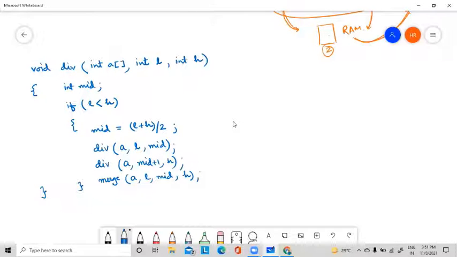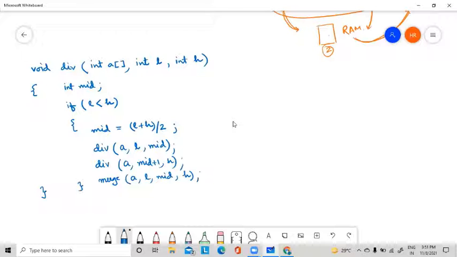The division function is very simple because its purpose is to divide the array into subarrays of almost equal size. You can easily understand that if there is an odd number of elements, then in one subarray there will be one less and in the other subarray one more. If it is an even number of elements, then it will be divided equally into two equal-size subarrays.